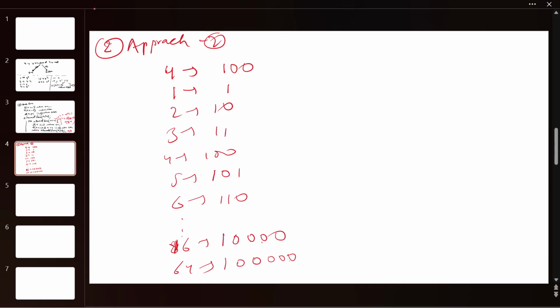1 2 4 8 16 32, no, this. Okay, so here we can conclude that if a number is a power of 4, then what is the condition? It contains only one set bit,